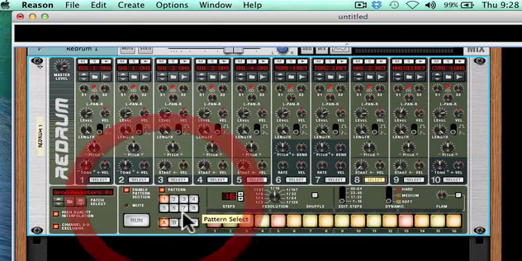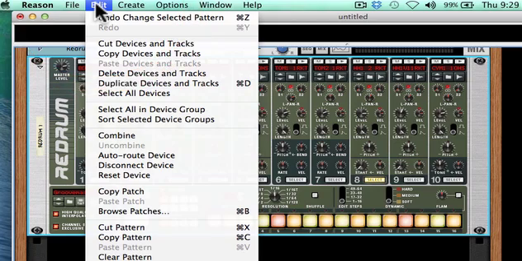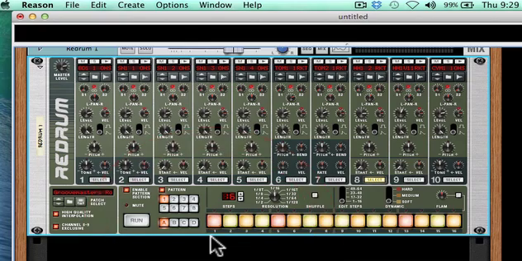So I'll go back to A1 and I'm going to go up to the Edit menu and choose Copy Pattern. Before I click on Copy Pattern, I want you to notice that there's a keyboard shortcut for this, a keyboard command that's listed right there. On a Mac, it would be Command C. On a PC, it's Control C. So I'll click this for now, copy that pattern,